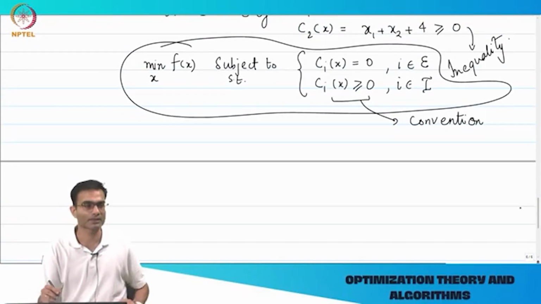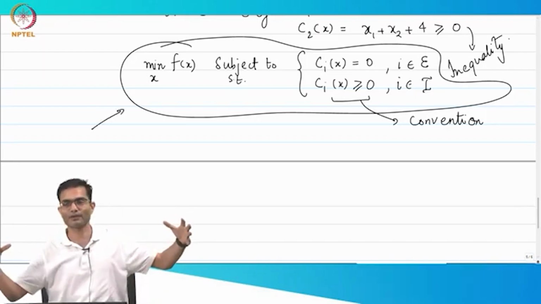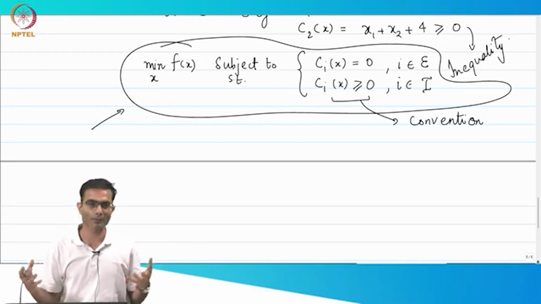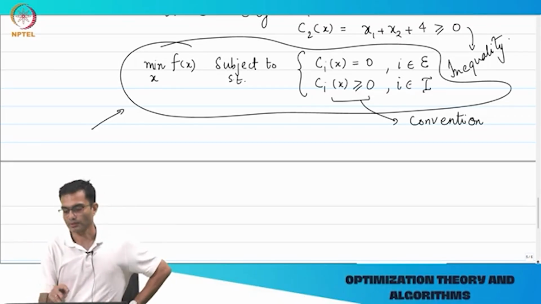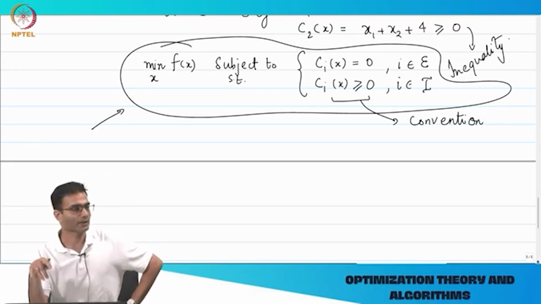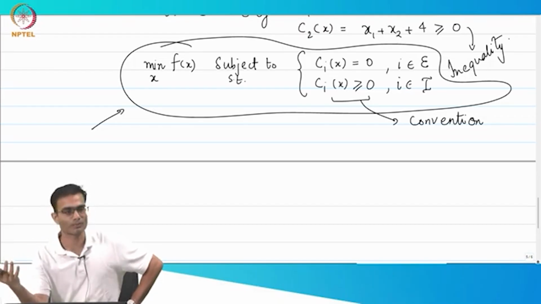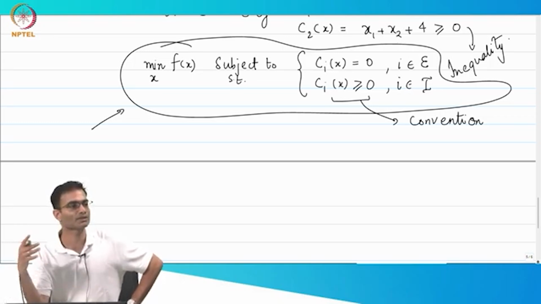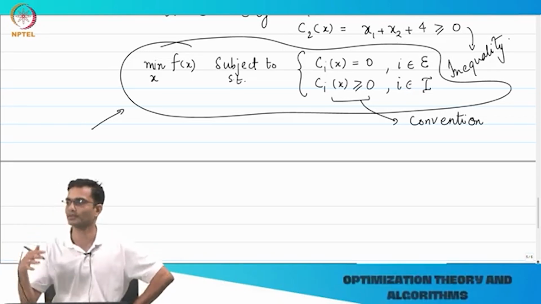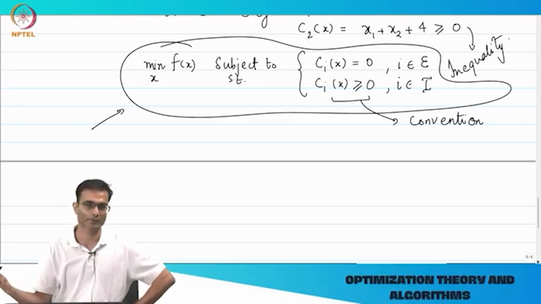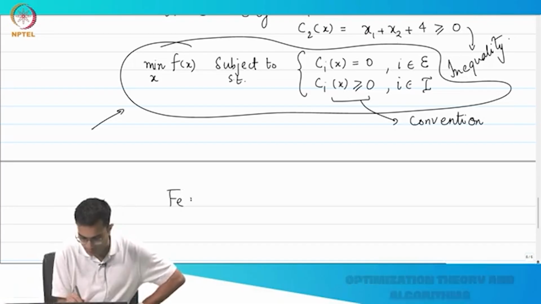So having written this, this looks like a very clunky, big way of writing a problem statement. We want to have a little bit more compact way of writing it. The equalities and inequalities together define a very common sense word, they define a feasible set. It defines those set of x which are legal, right? Therefore, it's also called feasible. So the feasible set,